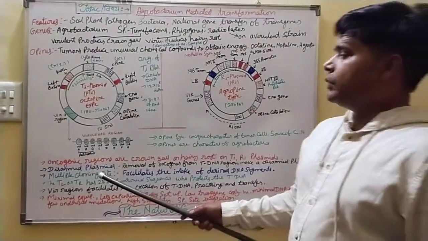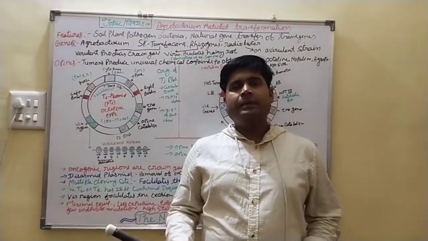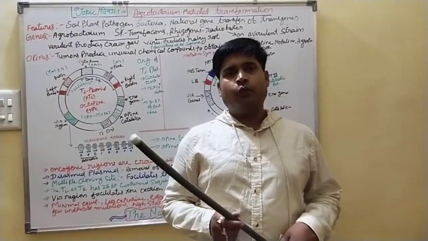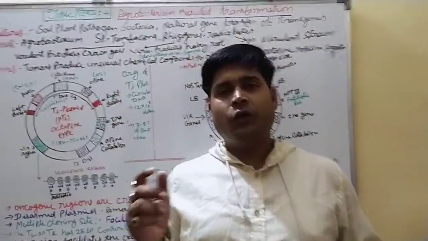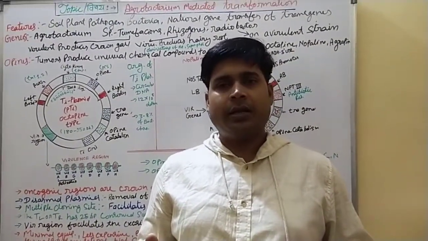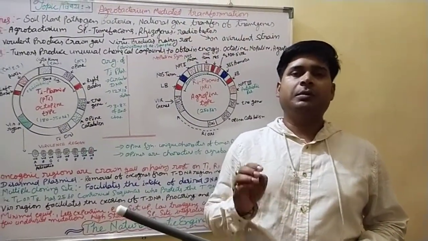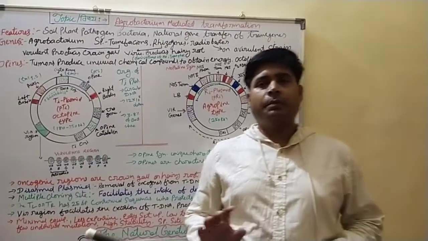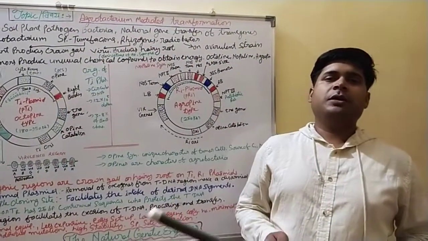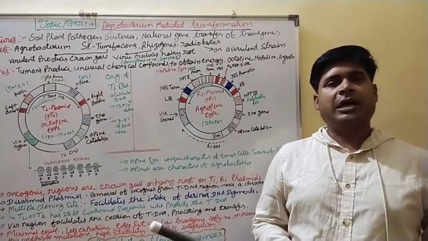So a question arises: what are disarmed plasmids? In our books we are studying the disarmed plasmid. A wild type plasmid, either Ti or Ri, when we remove their tumor genes. What are the tumor genes? Auxin and cytokinin, as well as the opine synthase gene. In this case the hairy root genes are removed, then the tDNA regions are blank, and it does not have the tumor or root inducing genes. Such a plasmid, which does not have oncogenic genes, is called a disarmed plasmid.